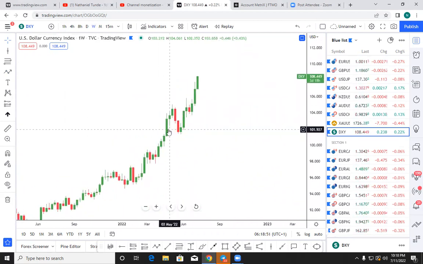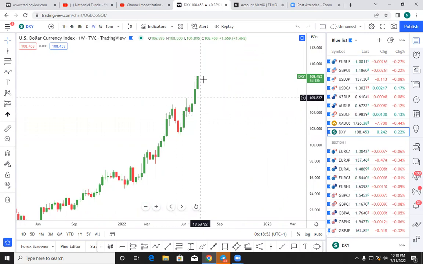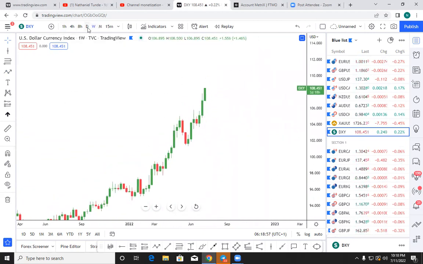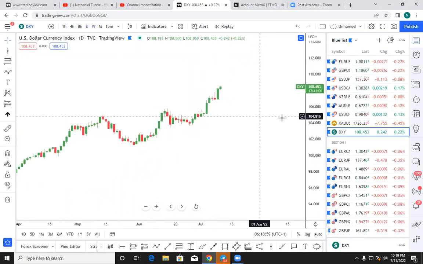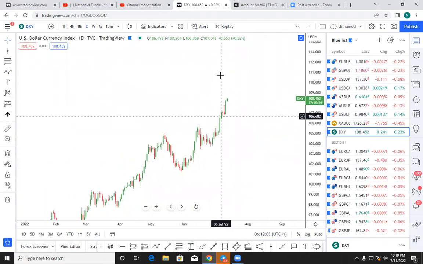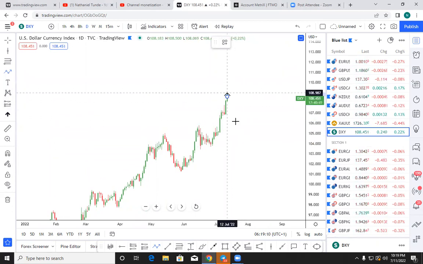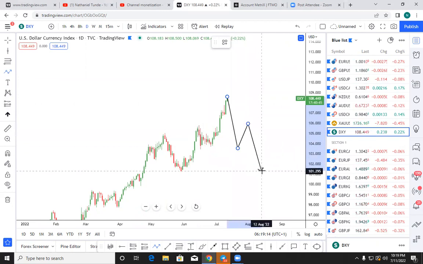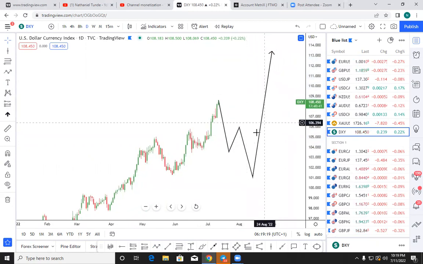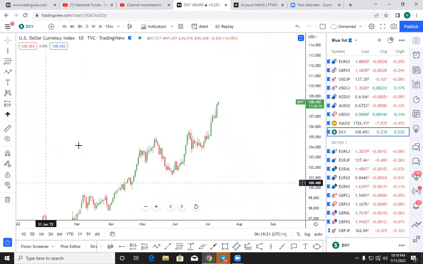From 101 here, 102 here, it was just going to the upside, meaning that all majors will keep going down. But the question here is that DXY is not going to announce to you when it's going to make the correction. All of a sudden, you can just see something will happen and DXY will continue to come down, making a bigger correction before it resumes the upside. That is when the majors will also make a pullback to the upside.